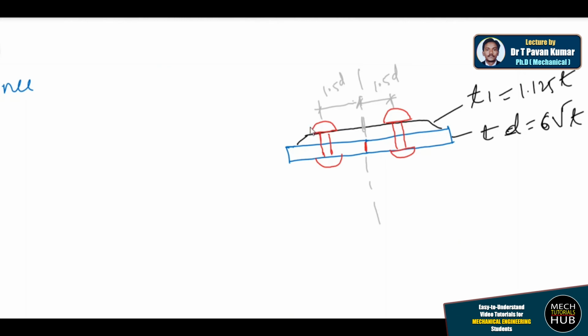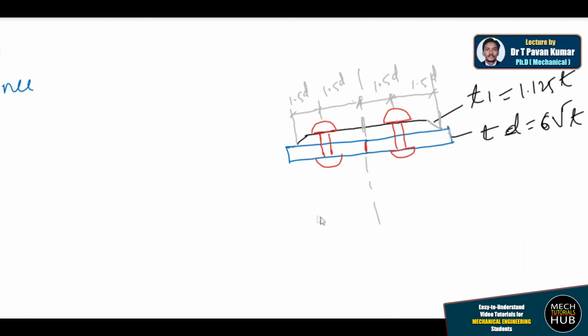One more place where we use it is from the extreme end, wherever the strap is ending, or wherever the sheet ends. For example, if I consider the strap end point, this end point should be at a distance of 1.5d, and this end should also be at a distance of 1.5d. So there are many cases where we use a distance of 1.5d that you should remember. This is very much important to understand.